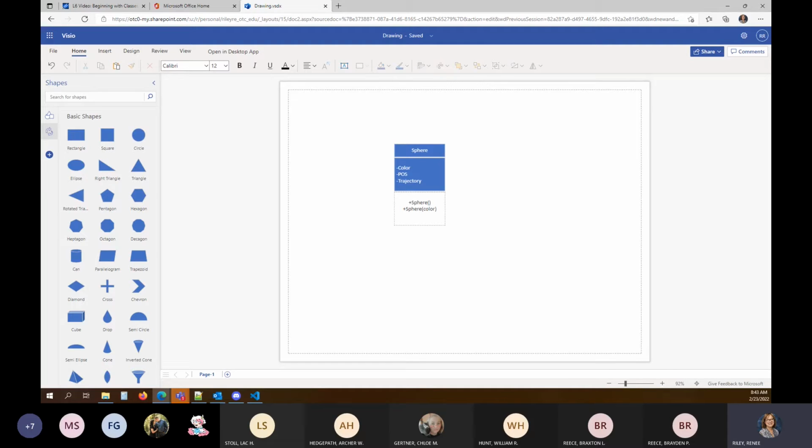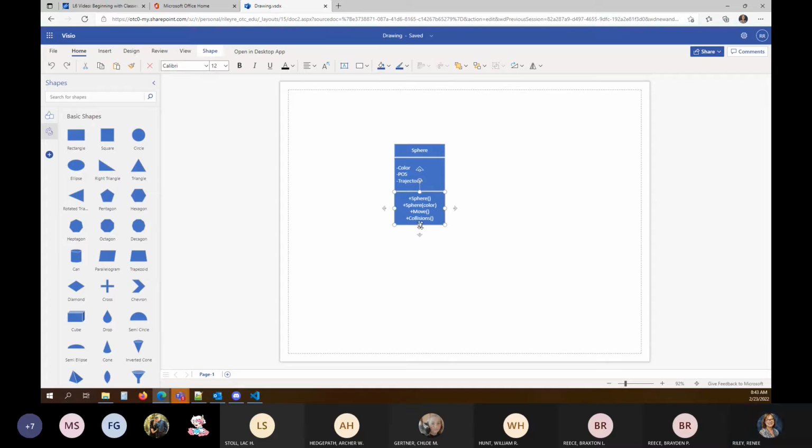Now, the other actions that we said our object was going to have, we're going to have a move. We're going to have something for collisions. And I'm going to make my rectangle here a little bigger because we have a few actions. Whoop, not that way.